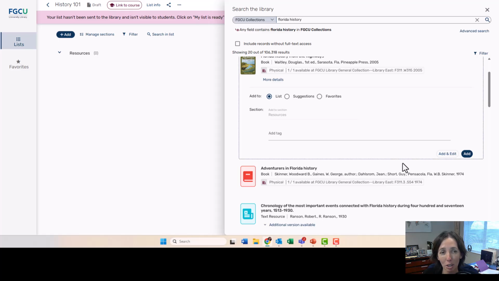Hey, here's a book. It's on course reserve. At the circulation desk, I'll go to the library and it's available. And it will actually show them in the course materials list if it's checked out or not. So they can check that before they get to the library. For an ebook